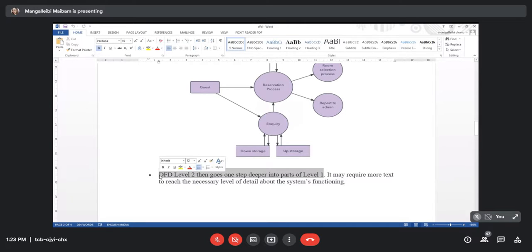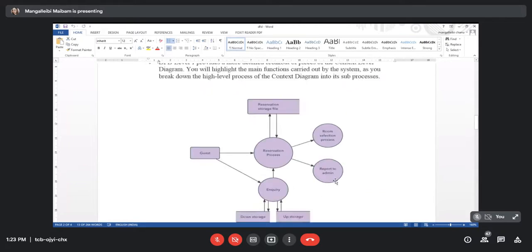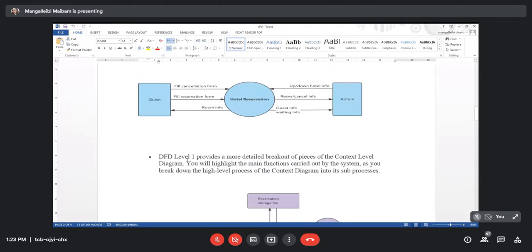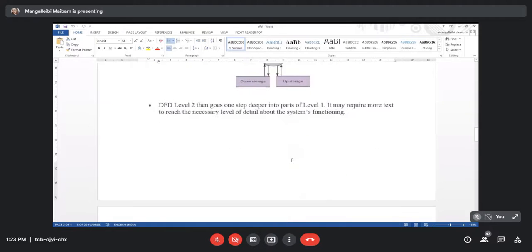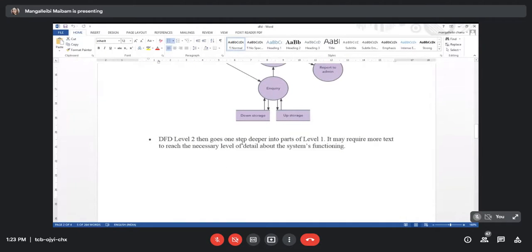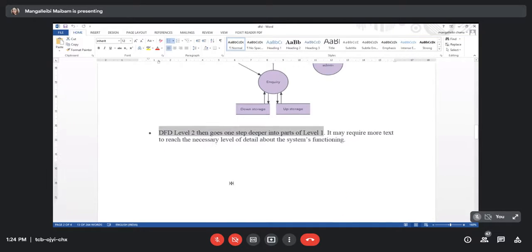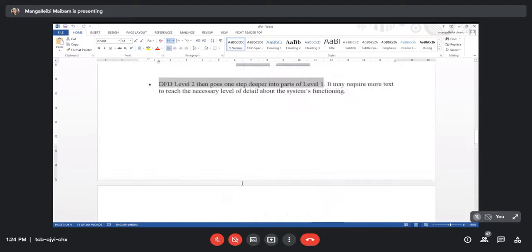Level 2 goes one step deeper into parts of level 1. So like this it will go deeper, and level 1 provides a more detailed breakout of the context level diagram, that is, of the level 0 diagram. More detailed breakout of level 0, and level 2 goes one step deeper into parts of level 1. So like this, diagrams,